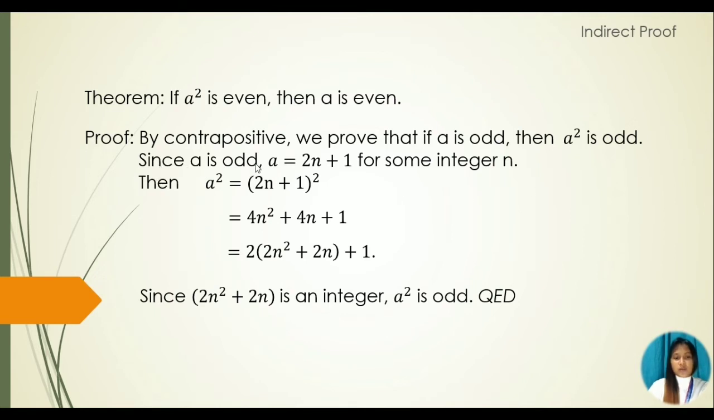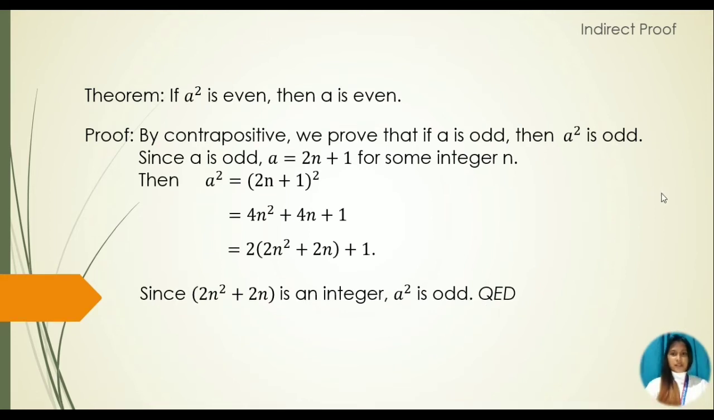Since a is odd, we have a is equal to 2n plus 1 for some integer n. Then our definition of a squared is equal to (2n plus 1) raised to 2. Then we can expand this as 4n squared plus 4n plus 1. Then we can rewrite this as 2 times the quantity 2n squared plus 2n, plus 1. Since 2n squared plus 2n is an integer, therefore a squared is odd. Alright, so lastly,